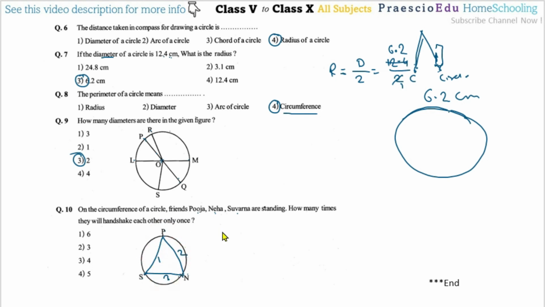Or we can say if there are two different points, the line joining between these three points gives this one line, this second line from this point to this point, and this third line from this point to this point. So this is the method. This example is asking from a different point of view, but sometimes the same question asks how many lines we can draw. So the answer is 3, which means option number 2 is the correct one.